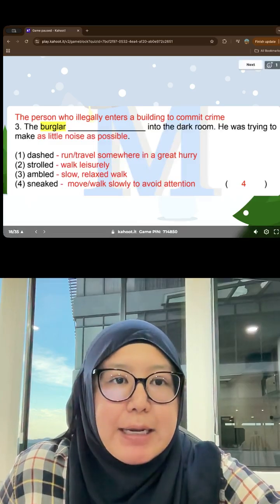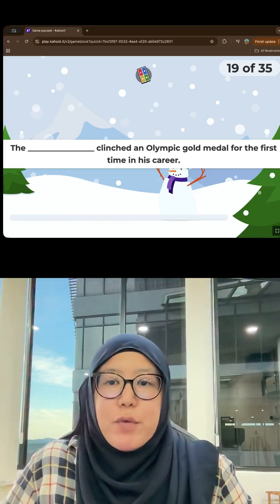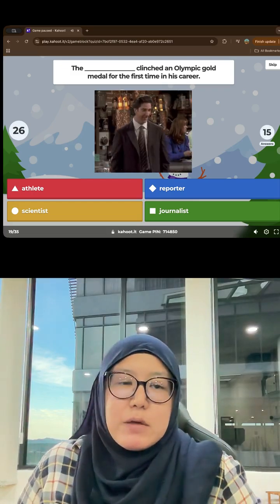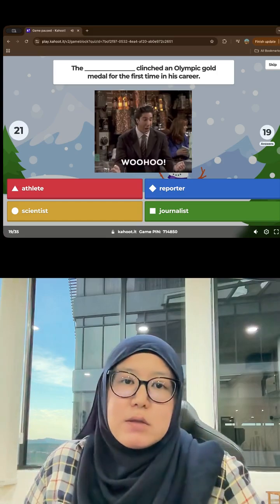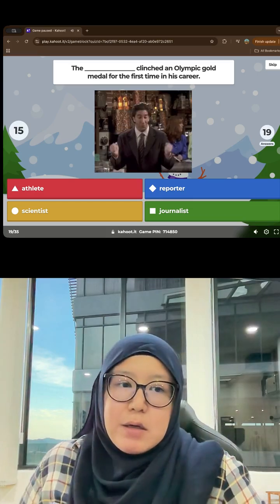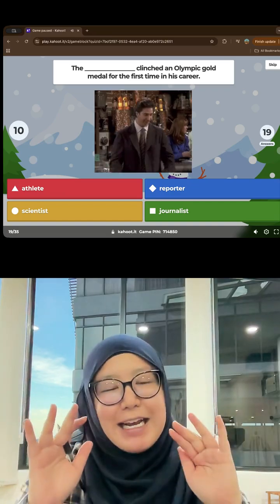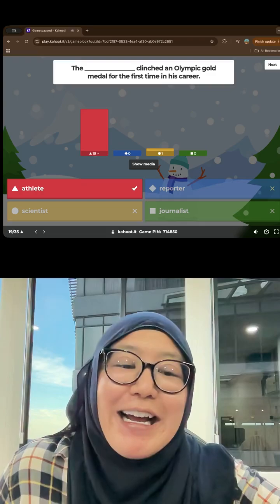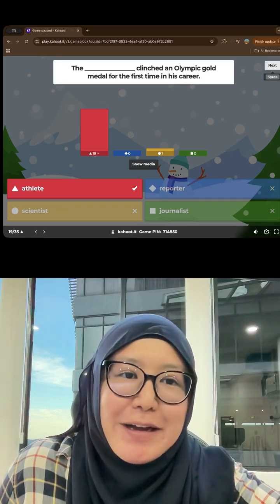Okay? Now, moving on to the next question. I believe this is the fourth question. The clinched an Olympic gold medal. This is a bonus question. There's only one person who will score or secure an Olympic gold medal. If anyone got it wrong, I just think that you simply accidentally clicked on the wrong color. Yellow guy. It's not science. Who answered scientist? Zubir, it must be you.